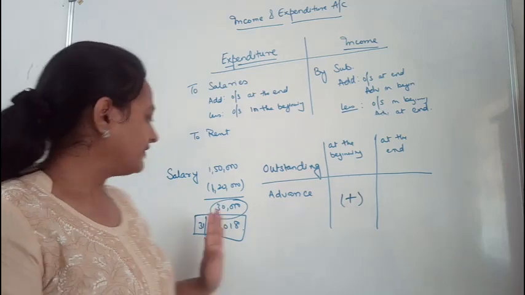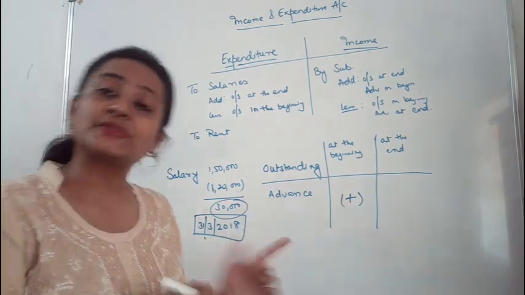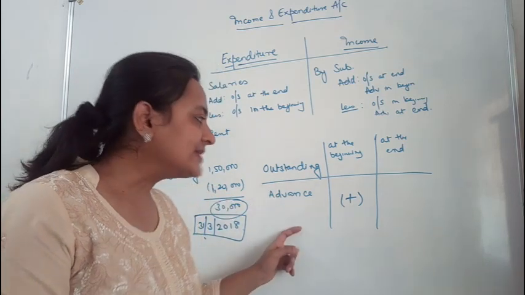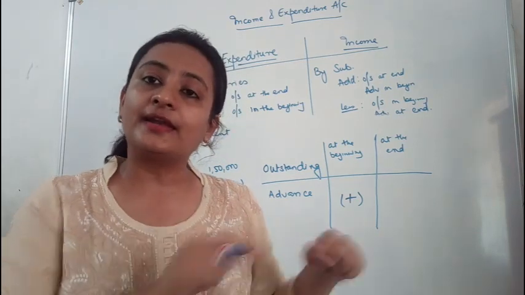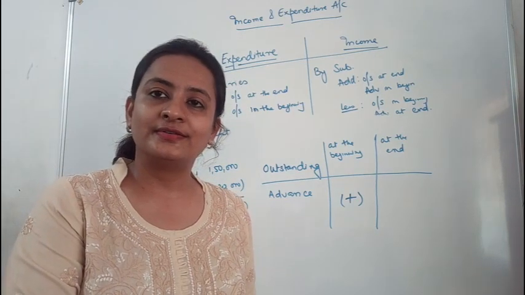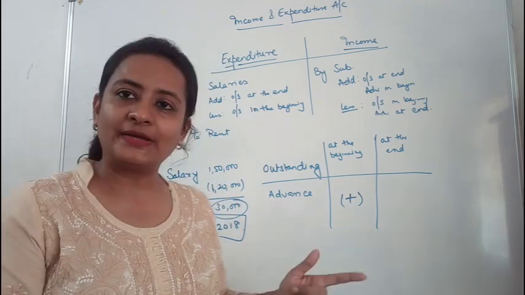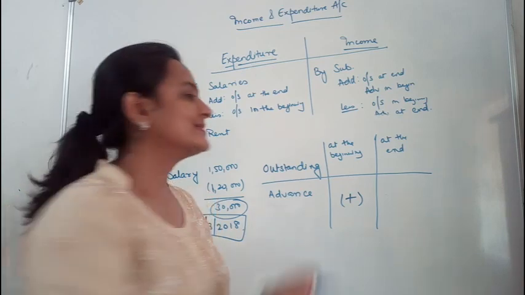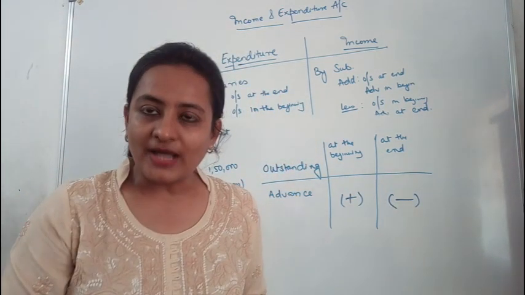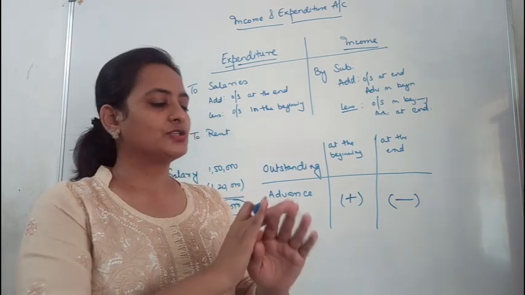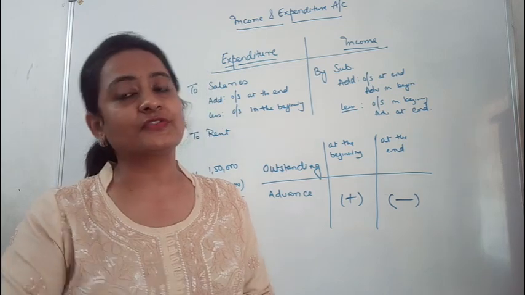Right. So for 1st April 19, it was advance in the beginning, but for the previous year, it was advance at the end. Now the advance salary which you are paying towards the end of the accounting year, does that relate to this year? No. So you have already paid it. What you need to do now is subtract. That advance which you have paid this year does not relate to the service of this year. Does it? No, it relates to the service of the next year.